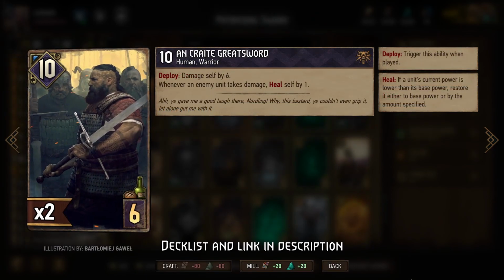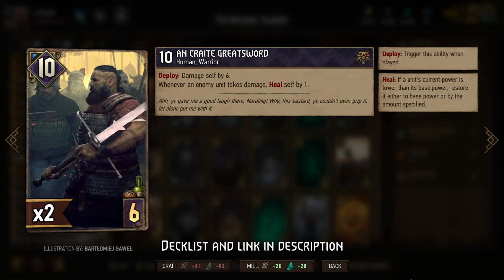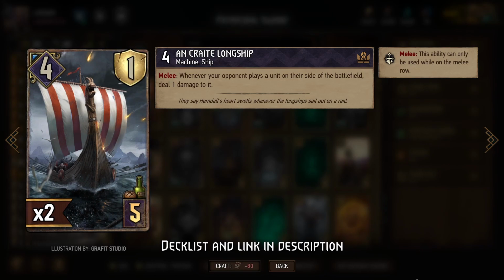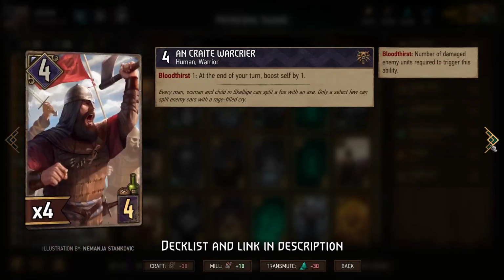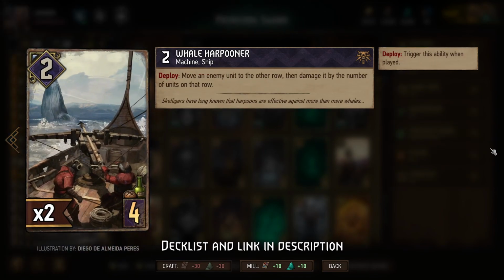Other than that, we have a lot of bronze units to get on the board that either do damage or benefit from when we deal damage to opposing units, because that works well with Sihil. So that includes the Craite Greatsword, along with the Craite Longship, which is probably the first of the bronze units that you'll want to play when you get the death blow with Sihil, because this, of course, will weaken your opponent's units and make it easier to get the death blow with Sihil. Then more sources of damage, healing over time, boosts from damage, more damage, and moving in case your opponent has